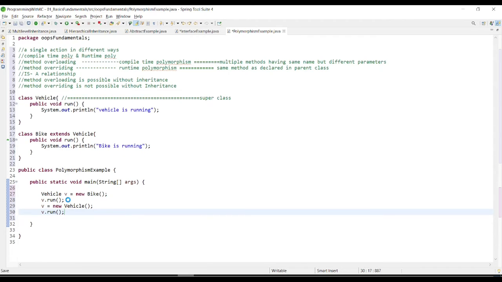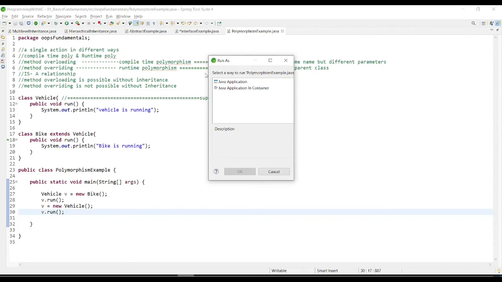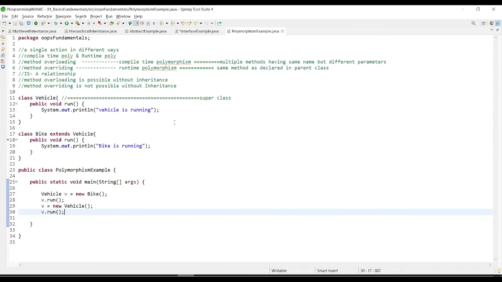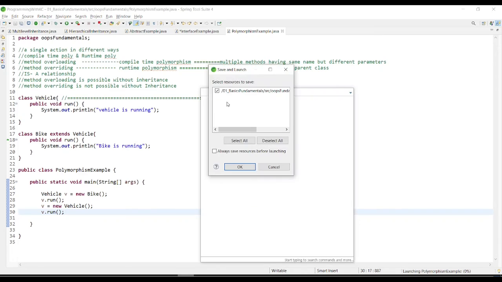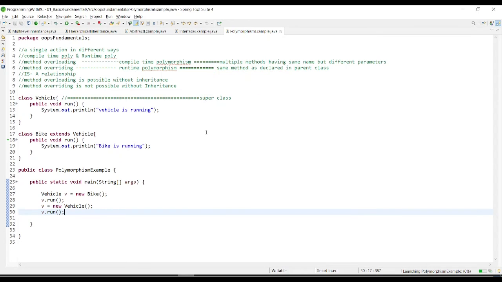Now let's observe the output, so I will make you understand, and don't worry, I also provide this code to you in the description, so don't forget to check that. I'm running this as a Java application, Control 3, and just opening the console view.